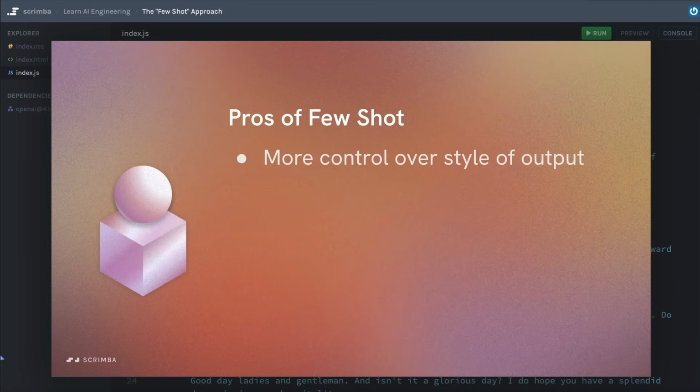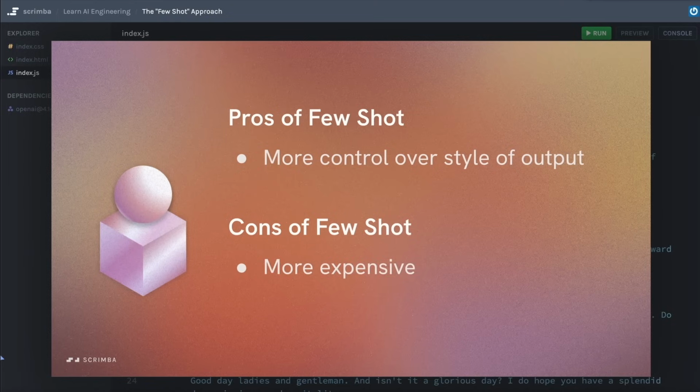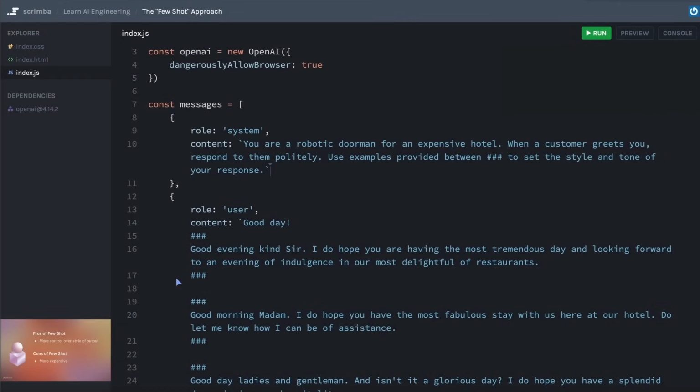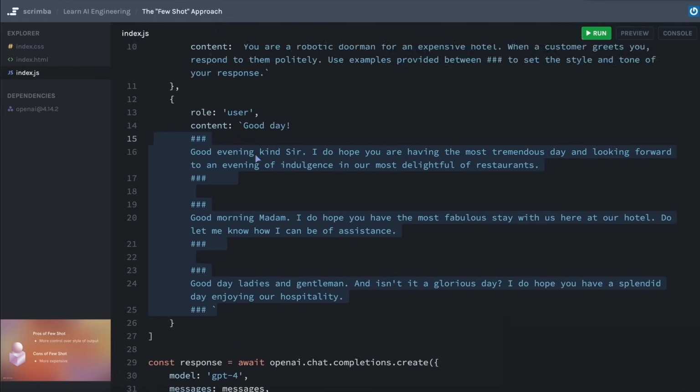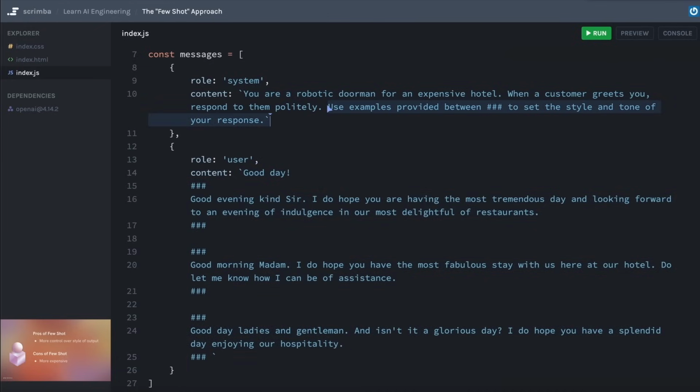The pros are we've got more control over the style of output, as we've just seen. The cons are that it's more expensive. Because the prompts get bigger, we're going to use more tokens. And actually, we're going to use quite a few more tokens because look, originally our prompt was just 2 words, "good day," and now we're including all of this. Plus, we've also made the system object a little bit longer as well, so that will also add to the